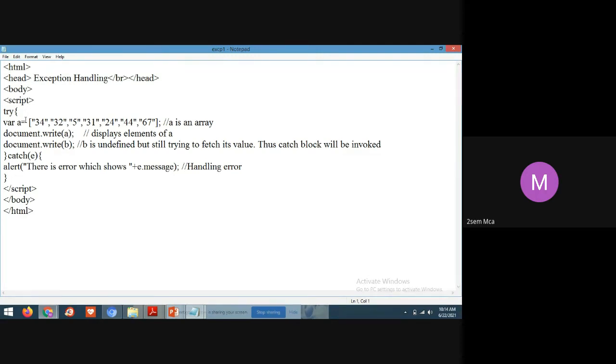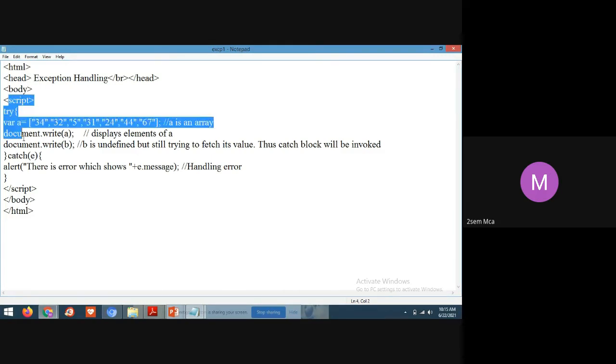Just go through the code once, students, I'll give you one minute. So this is an HTML program, students.